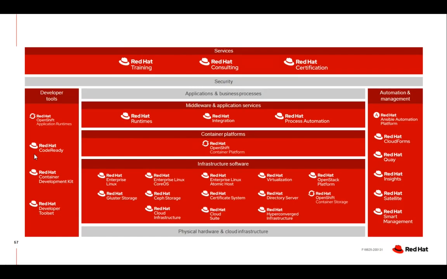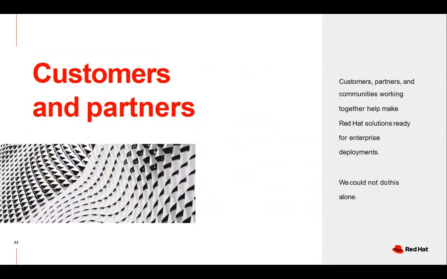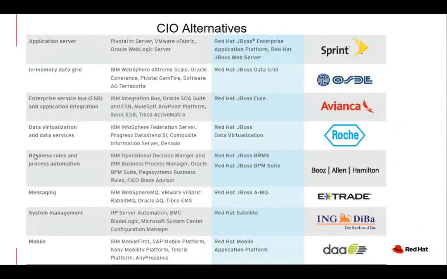The entire Red Hat portfolio is supported by efficient consulting and professional services delivered by Red Hat directly. As a partner, you can pitch Red Hat professional services directly to the customer, so that the customer is also assured of what they're getting. Coming to the opportunity that lies with the customers and the partners, we could not have achieved what we have achieved today without the help of our esteemed partners. We will explain the partner tiers going forward.